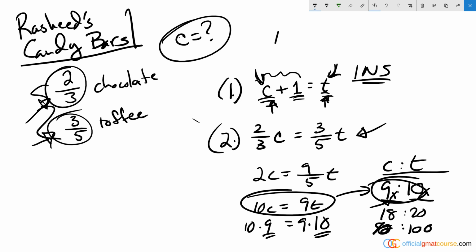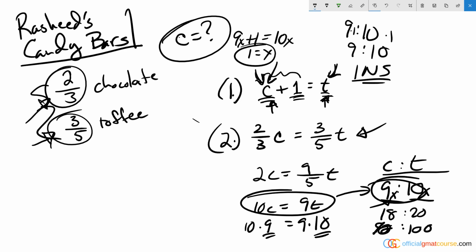Now, if I know that the difference between C, which is 9x, and T, which is 10x, is 1, then that means that 1 is equal to x. And that means that the ratio must have literally been 9 to 10, because I can plug 1 in place of the x, and it's 9 times 1, 10 times 1, 9 to 10, meaning I purchased 9 chocolate bars and 10 toffee bars, and together these statements actually are sufficient. So answer choice C, neither of them on their own, but together they create a sufficient